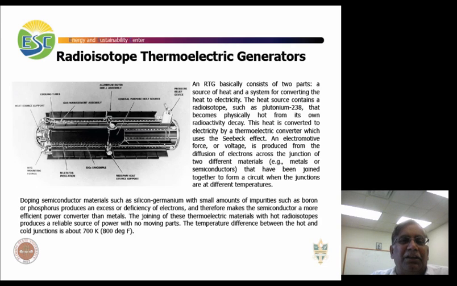So we put a whole bunch of these thermocouples in series to determine the efficiency of the thermoelectric generator. This is an example which is used mostly in space applications. Here the heat in this particular case is generated by plutonium-238, which becomes physically hot from its own radioactive decay. So it generates heat, and in here they put silicon and germanium as the two dissimilar materials to make the thermocouple, and from here they generate the power. So this is a typical device which is used in space applications. So these are very robust, and these things are